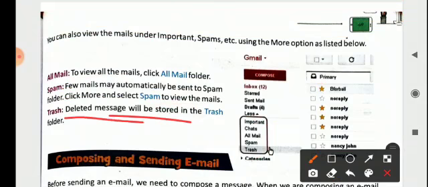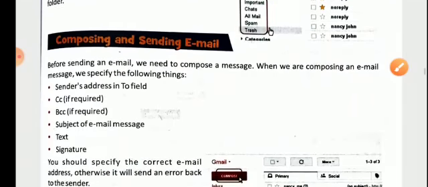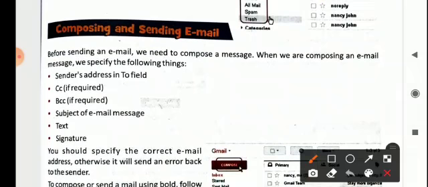It is the same as the recycle bin when you work on Windows. If you have deleted any file, it will be stored in the recycle bin. If you delete from the recycle bin also, then it will be permanently deleted from your system. There will be no chance of getting it back if you have by mistake deleted any file or folder.